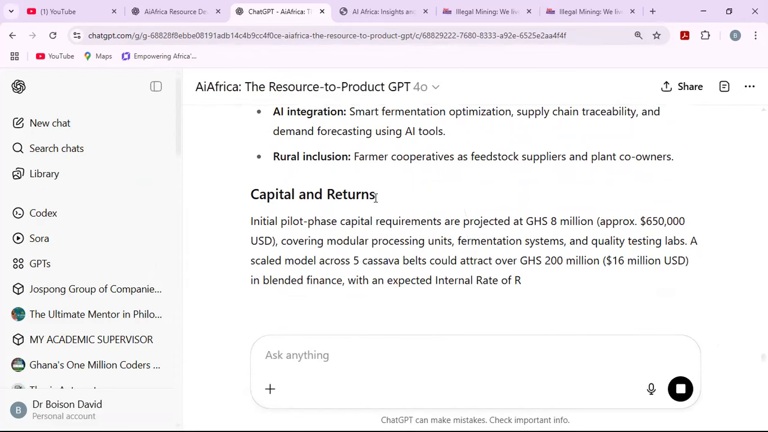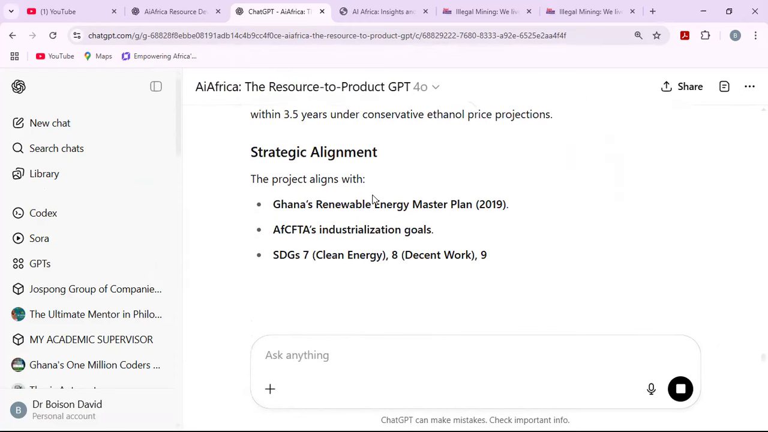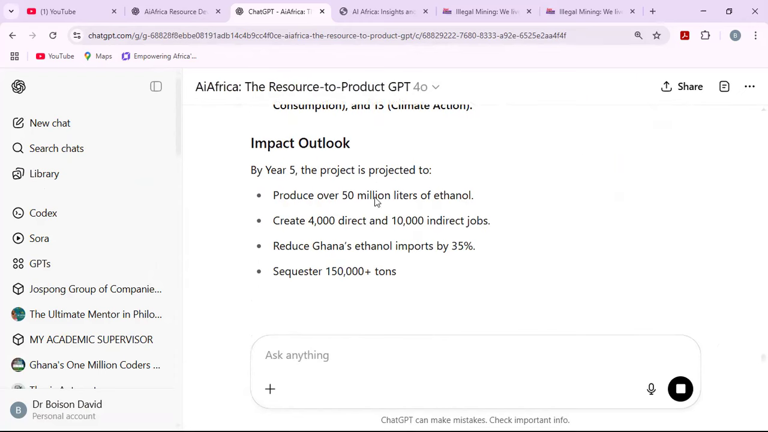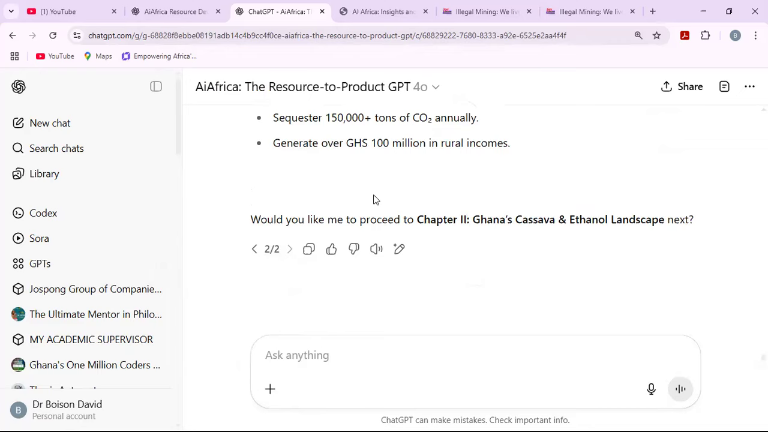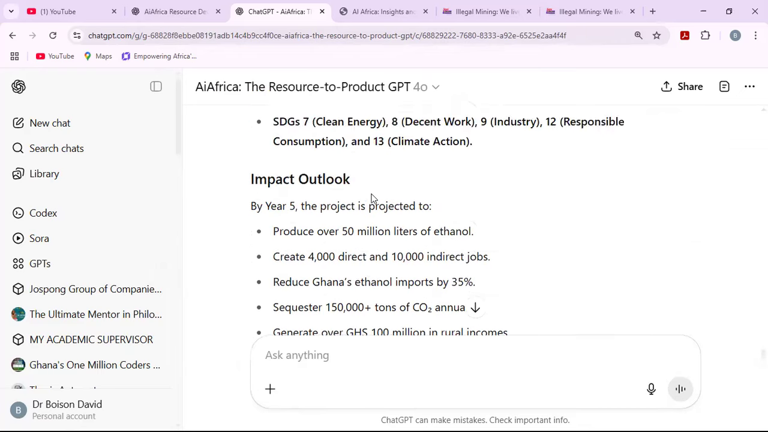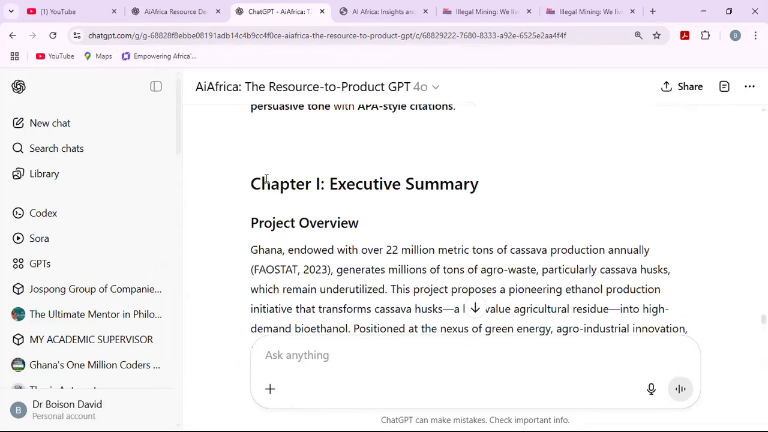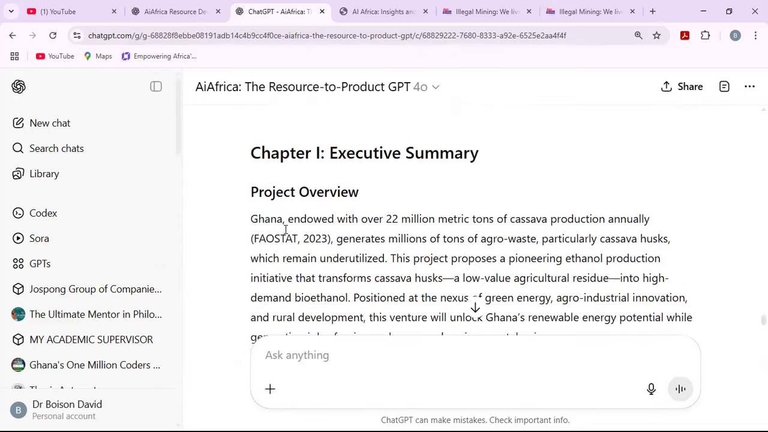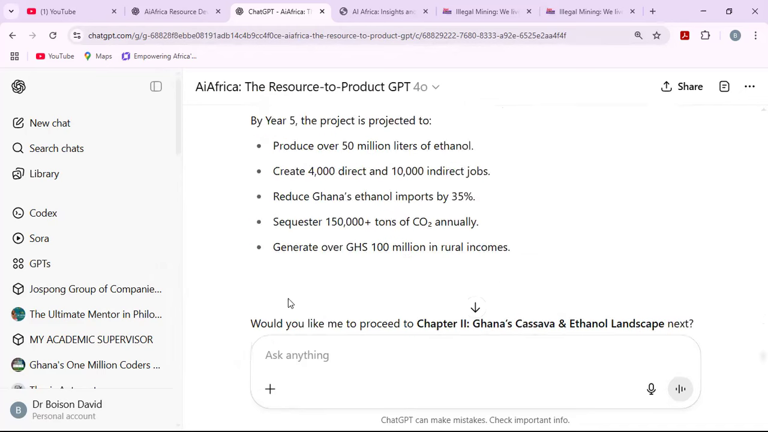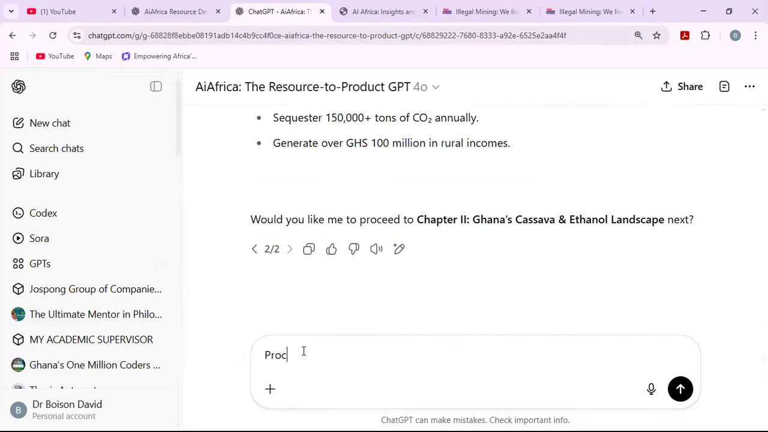And this is what I've created for the entire continent of Africa, that you can use this to create almost anything you want to create. So now it asks you to go to the next. All right, so what I can do is copy this chapter one overview and put it to the next one. So I proceed to the next,